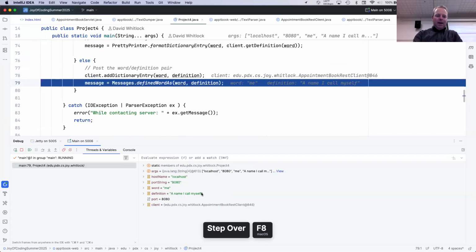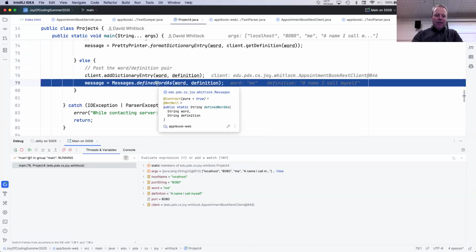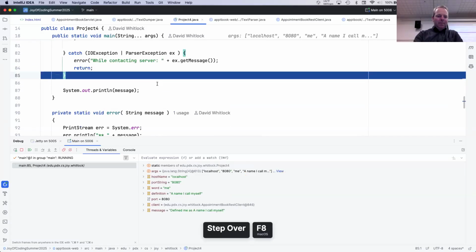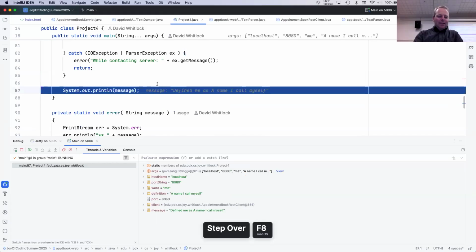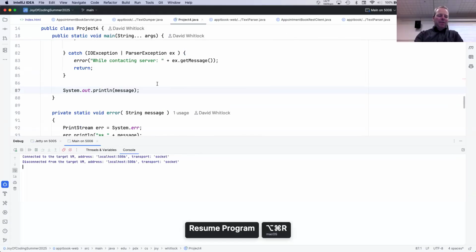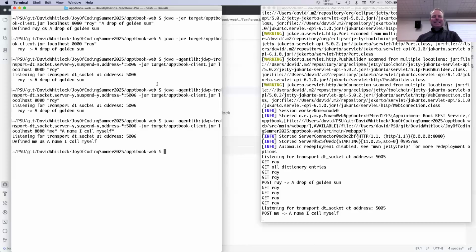And then this returns back. Well, we don't do anything special here. We say, okay, great. We're going to have a little message here that prints that we defined the word, and then that's it. So the bottom line, and I went through this pretty quickly, but the bottom line is that